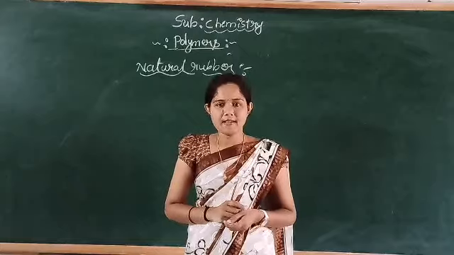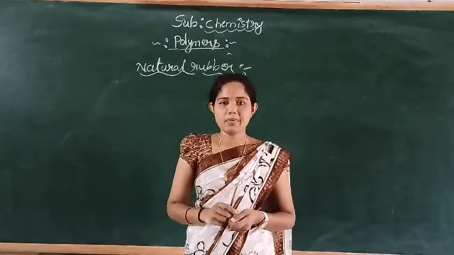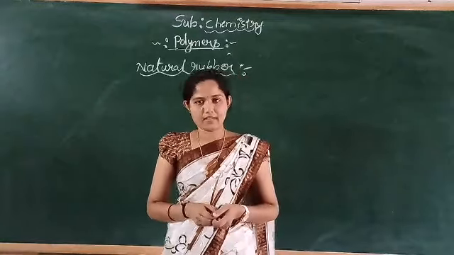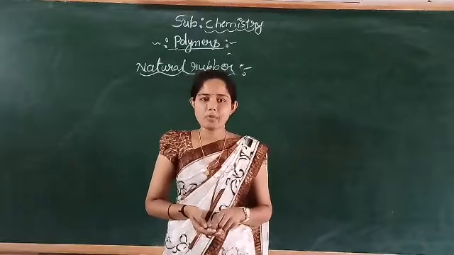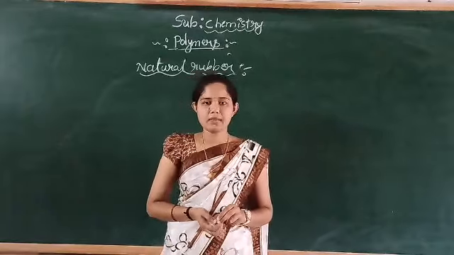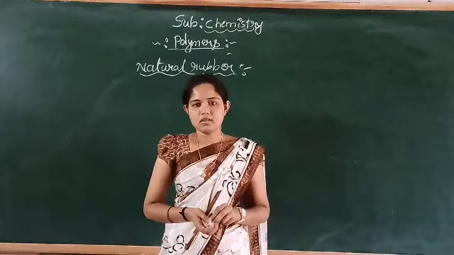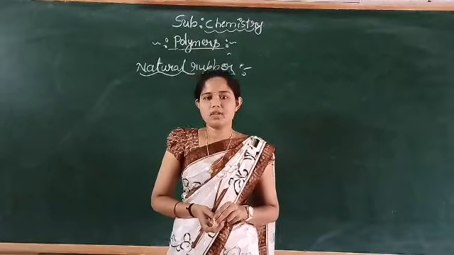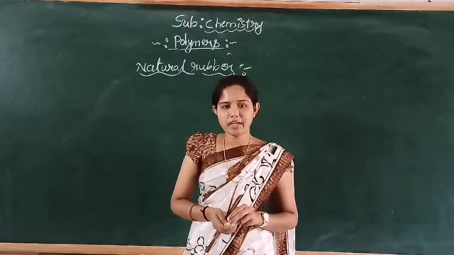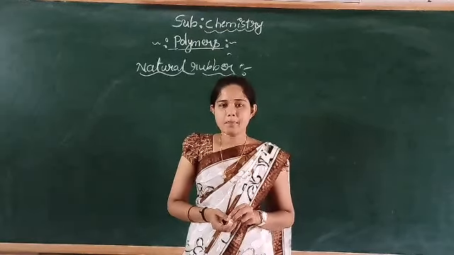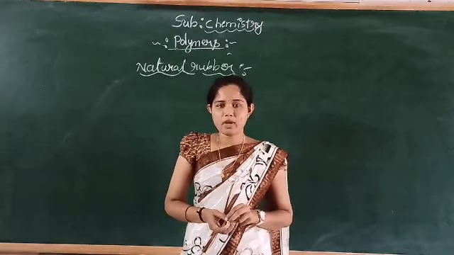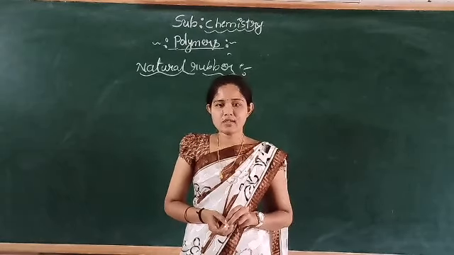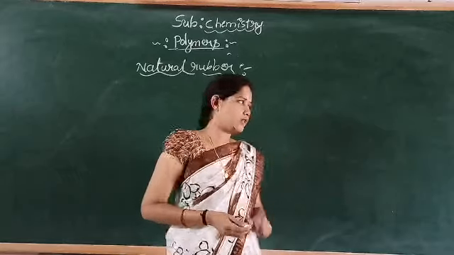This sticky mass is insoluble in water and dilute acids as well as in dilute alkalis. It is soluble in non-polar solvents. Natural rubber is made from the monomer cis-2-methyl 1,3-butadiene. Natural rubber is a polymer of 2-methyl 1,3-butadiene. This is also called isoprene.